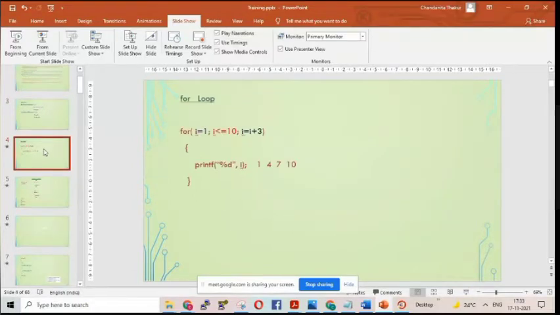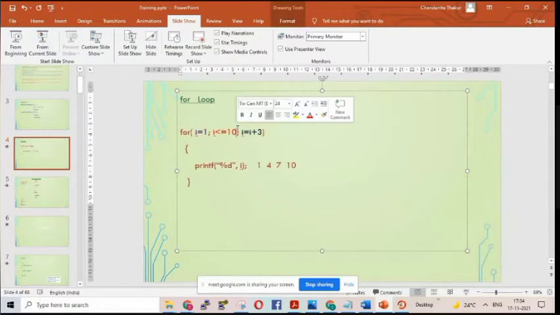So what we have repeated in this example is the addition of 3 with I. What have we repeated, my dear children? We have repeated the addition of 3 with I. So we got the output 1 first because I was initialized to 1. Then we entered inside the loop by checking the terminating condition.